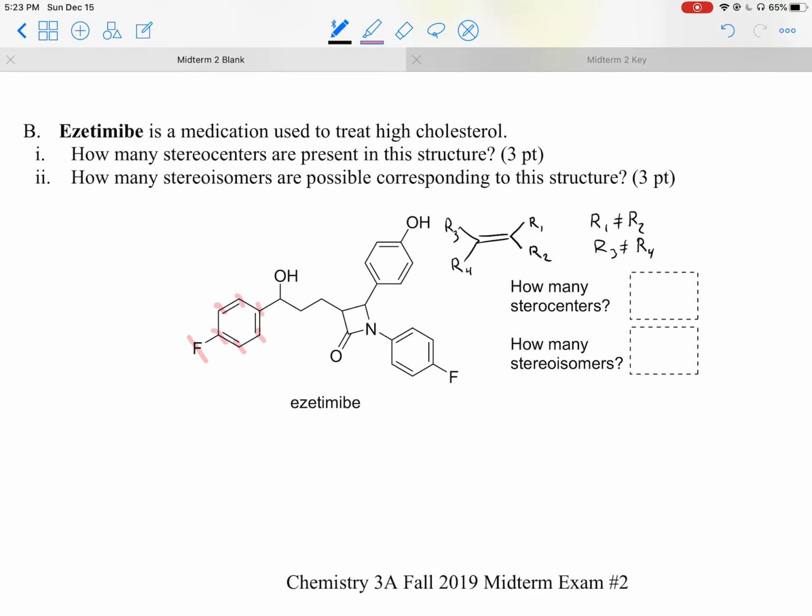That's another type of stereocenter because we can do E and Z, but that's not the case for any of these because these are all